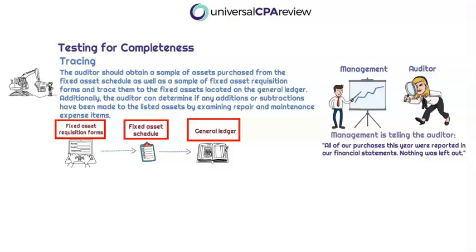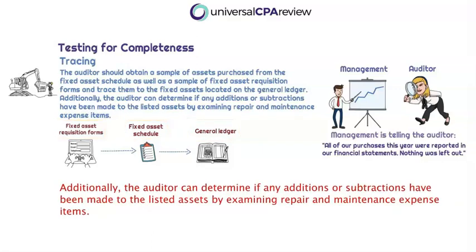Once again, we're going to be tracing from source documentation to the report, right? That source documentation is going to be the fixed asset requisition forms. That's going to be original source doc number 1, which would be traced to the next source doc, which is generally going to be that fixed asset schedule, and then to the final report, which is going to be located in the general ledger. Right, the general ledger is going to list out all of the different major expenditures throughout